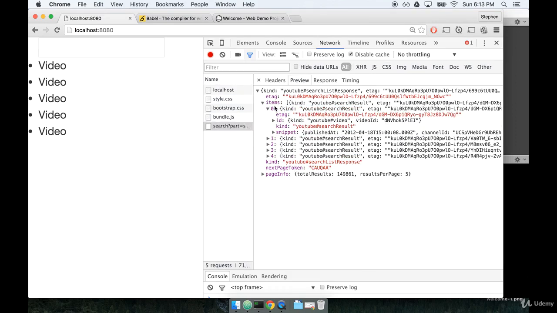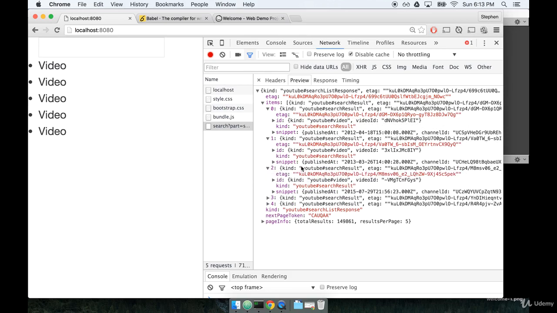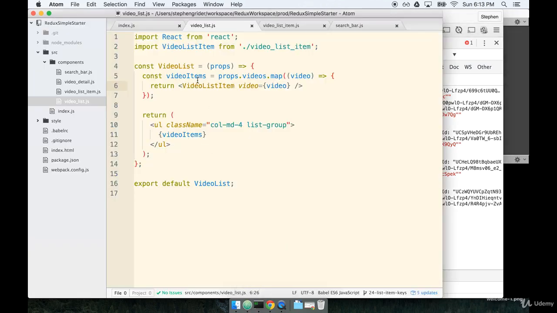In the response here, you'll see that the items array, which is our actual list of videos, each video has an etag, which is a unique identifier. You can see that it's a long string of characters. So if we use this etag for each video as our key, that would be a sufficiently unique key for each element in our video items array. So to add a key, we just define it as a property. So we'll say key equals